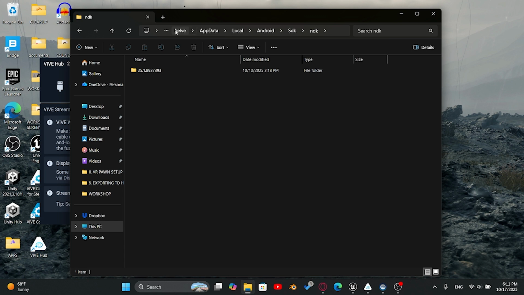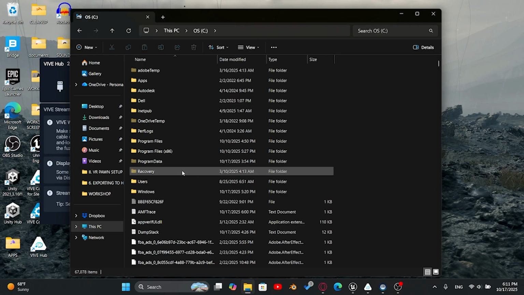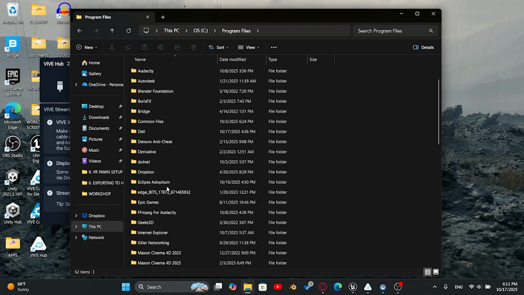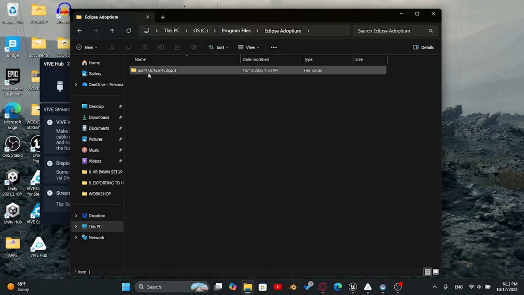And we're going to use the same method to check on the file path for our Java, our JDK. So again, go to this PC, your main drive, and then go on to Program Files. And you should see this Eclipse. And here you should see your JDK 17, which is the correct version that we have installed. Okay, so now you have double checked that you have these folders and all these file paths and they're in